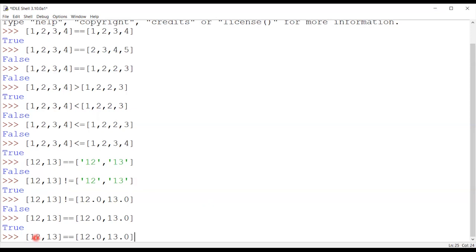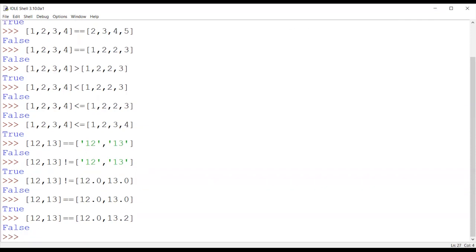But yes, if I make a comparison this way, like writing 13.2, obviously I'll get the result False, because if I discard this 0.2, my 13 cannot be equal to 13.2. This is not 13.0, and it makes a difference. So only in 0.0 cases can the values be the same, not in other cases. We can ignore 0.0 over here, but we cannot ignore 0.2. So in this way, we make comparisons in the list.